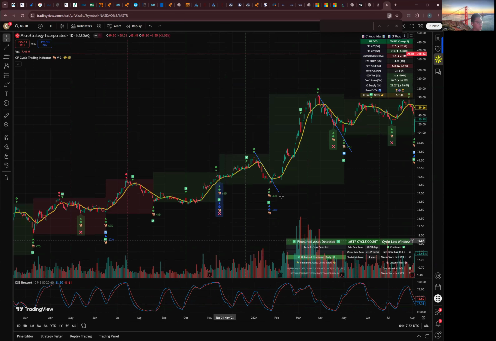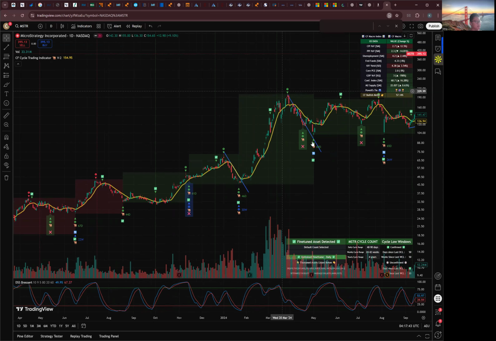You'll see that right here, I entered right before a big green candle over here. And even though it later retraced a little bit, you see here it retraced a little bit, I was well in profit. So I thought that was a pretty good trade. A second one was here, let's say. You'll see that